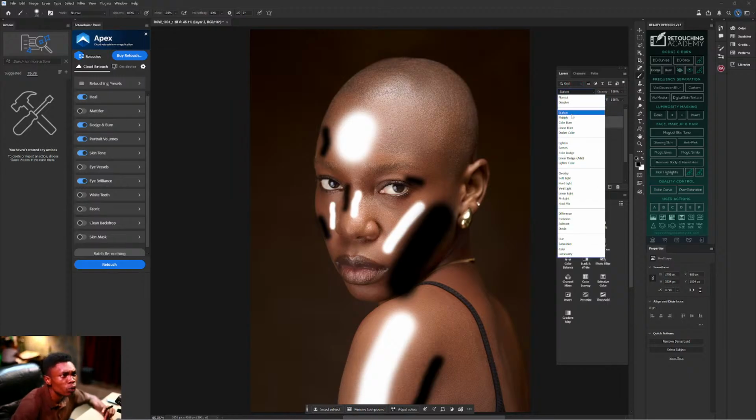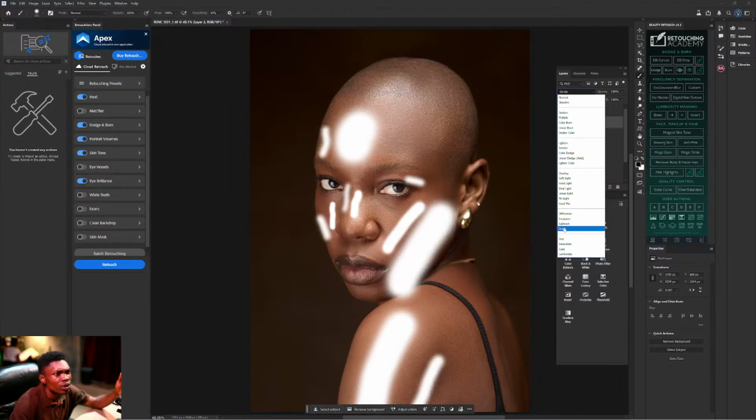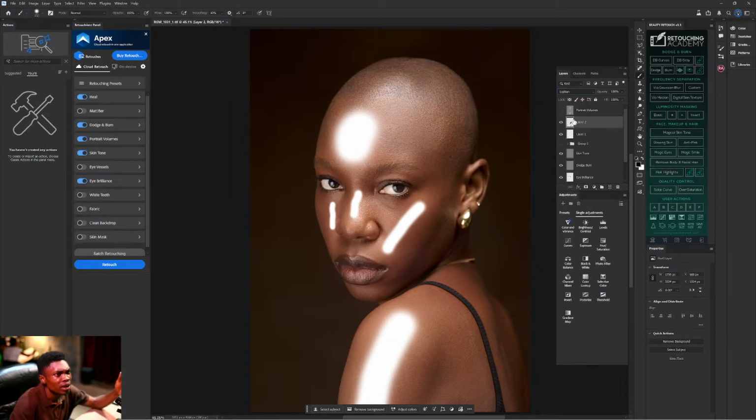If you go to your blend mode, carefully select your blend mode, and you will see the one that works. Why is my blend mode not working today? It seems this is too dark. Yes, it's too dark. Let me reduce the opacity a bit.